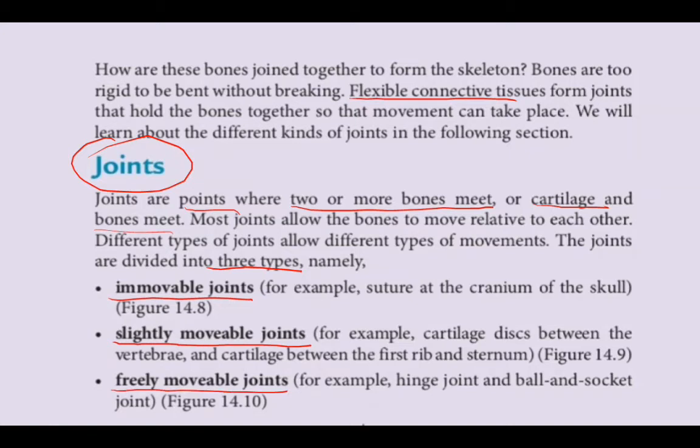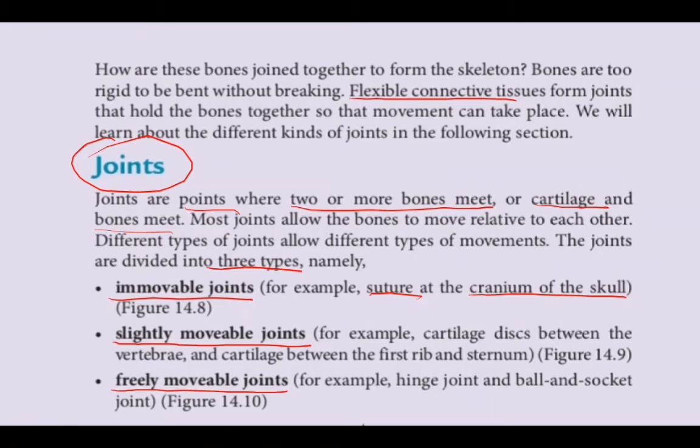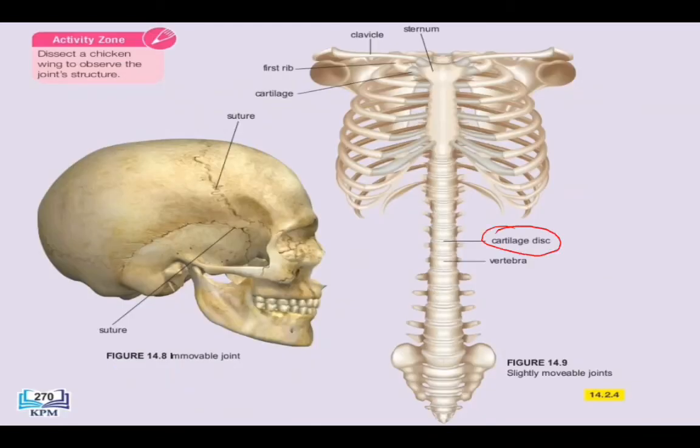Examples of immovable joints: suture at the cranium of the skull. Di sini ya, suture. Ini adalah di tengkorak kepala. Ini adalah joint di mana dia memang immovable. And slightly movable joint, for example, cartilage disc between the vertebrae and cartilage between the first rib and sternum. This is the cartilage disc between the vertebrae, and also between the first rib and the sternum we have